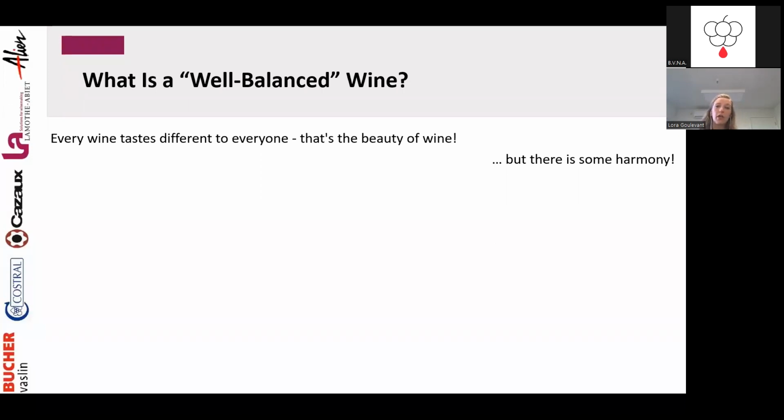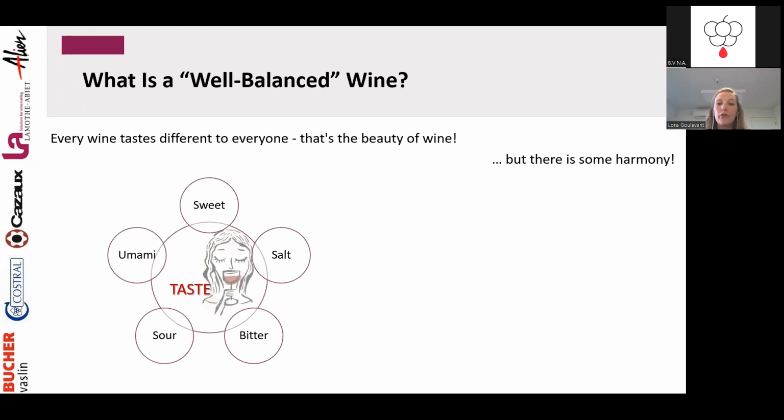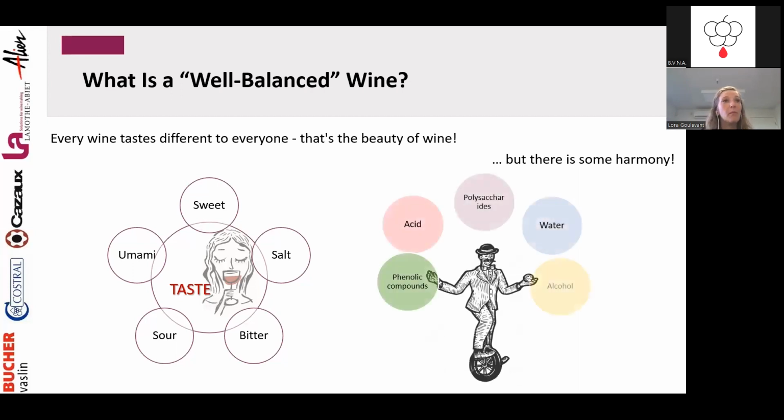When we talk about wine, but also about food or beverage, we first speak about taste, which refers to sweetness. In wine, it will be sweetness from sugars or polysaccharides; saltiness, usually from the soil, from the terroir, or minerality, or from the mineral salts of wine; bitterness that comes from the phenolic compounds; sourness, acidity from the acids; and umami from the glutamates. This is this very nice glutamate sensation. On the other hand, wine balance or wine mouthfeel refers to the harmonious interactions of the different